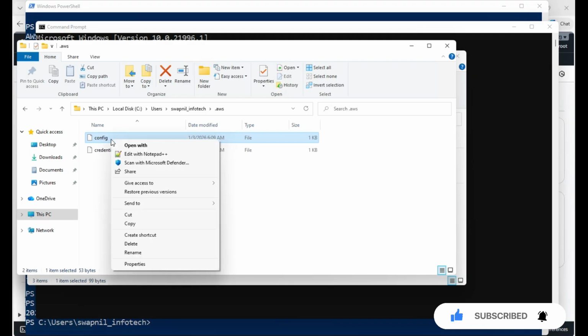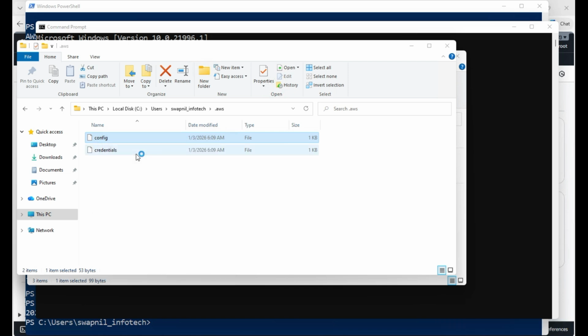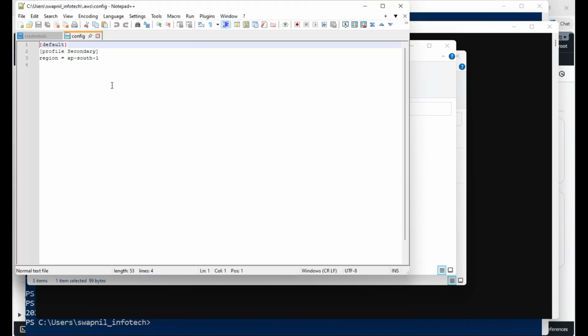Now, if you open the config file here, you will see the data, whatever the default region is, for the default and the secondary region. Okay. So here for the default, we did not specify any region. That is the reason it is not there. And in the profile secondary, we had given ap-south-1. Okay. So here, let me close this file